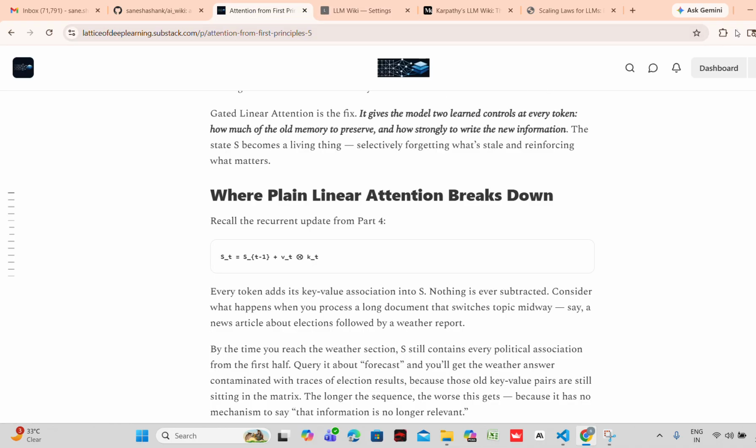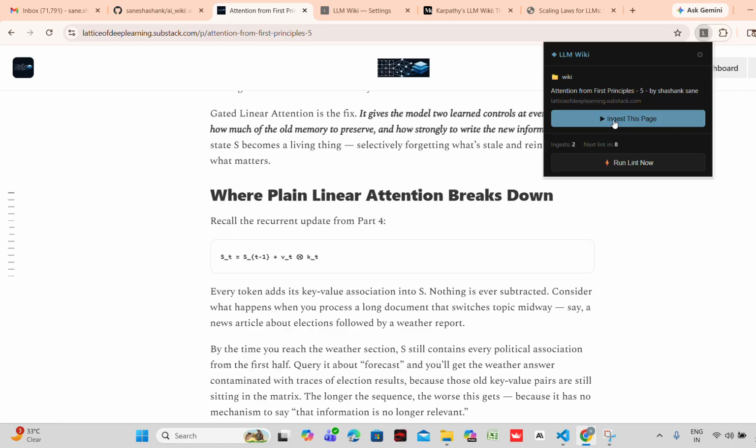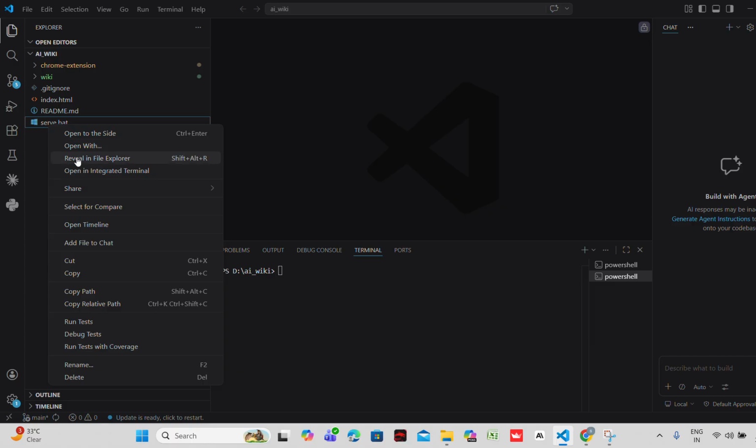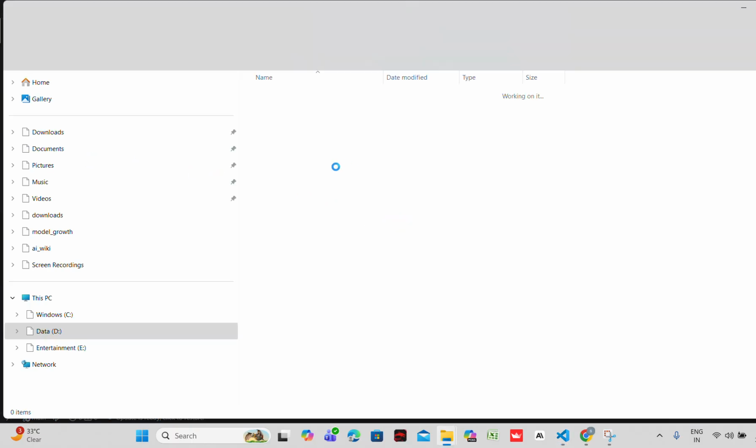So I will go back here, I will open it again, and then I will ingest it. It will take some time, 5-10 seconds. The LLM will ingest this article and file it in my wiki. Okay, we can see that it has ingested this page and saved it as a new topic, right? If I go back here, there is a batch file which I have created. If I run this batch file,